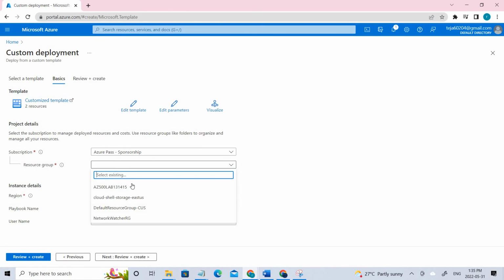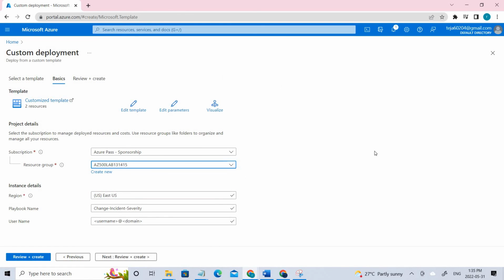Coming to the resource group, make sure you select the resource group which is appropriate for this task, which is it 500 lab 13 14 15. And coming to username, make sure you keep your email ID. In this case, I'll just keep my email ID. Once it's done, you have to review and create it. So it will be done. So if you go back,